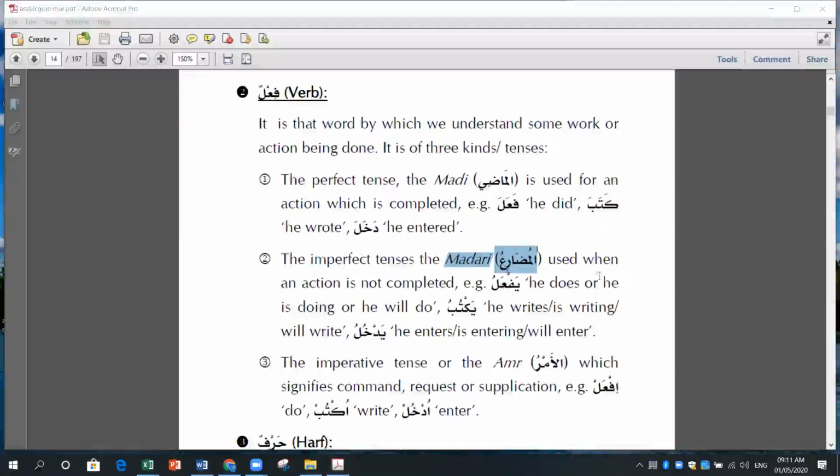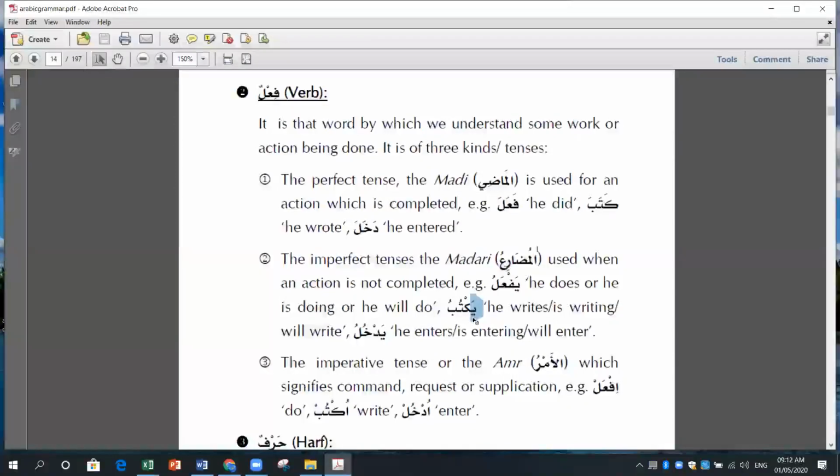Okay. I was telling you, like kataba, and here it is added, yaktubu. You see the root word. Just try to recognize the root word. Kataba is there, but this ya is extra. Okay. So we will make out that this is not fe'le madi. This is fe'le mudare now.